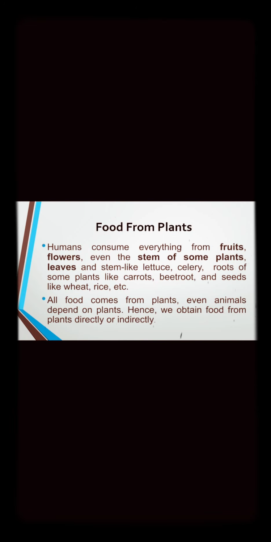Food from plants. Humans consume everything from fruits, flowers, and even the stems of some plants, and leaves also. Stems like lettuce and celery, roots of some plants like carrots and beetroots, and seeds of plants like wheat and rice. These are all very important parts of human food.